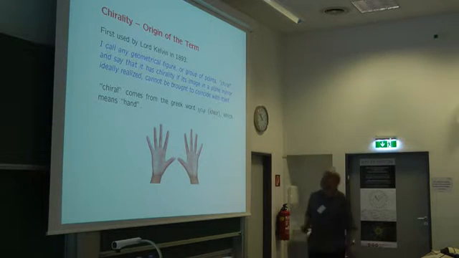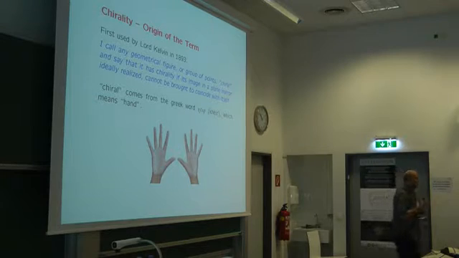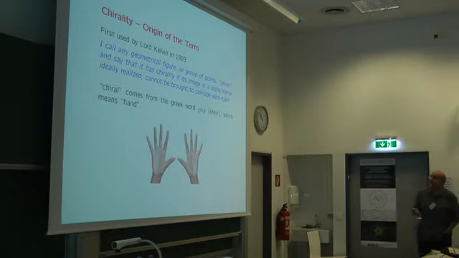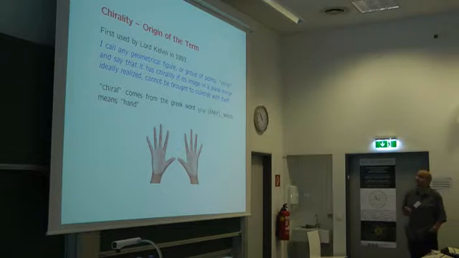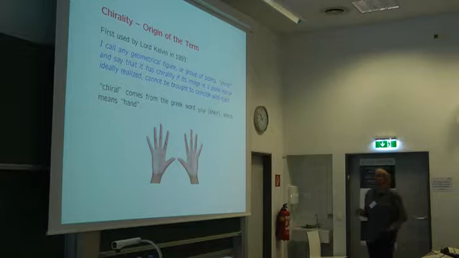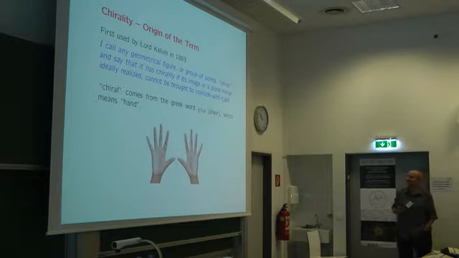So now the question is, to what extent are there chiral polyhedra? And so let me go back to Lord Kelvin and give you his definition of a chiral figure. I call any geometrical figure or group of points chiral and say that it has chirality if its image in a plane mirror, ideally realized, cannot be brought to coincide with itself. And so the word chiral comes from the Greek word cheir, I'm not sure I pronounce it correctly, which means hand, and here is